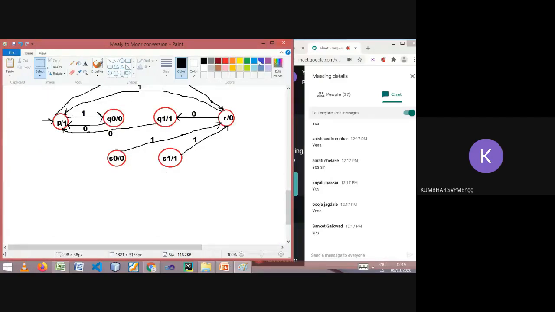So I have to show one transition from Q0 to S0 because it is giving output 0, and one transition from Q1 which is giving output 0. What is the input? 1.